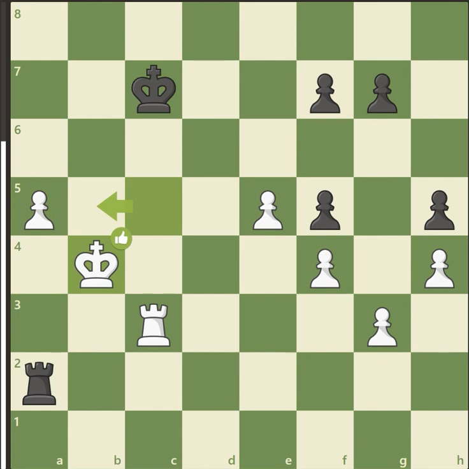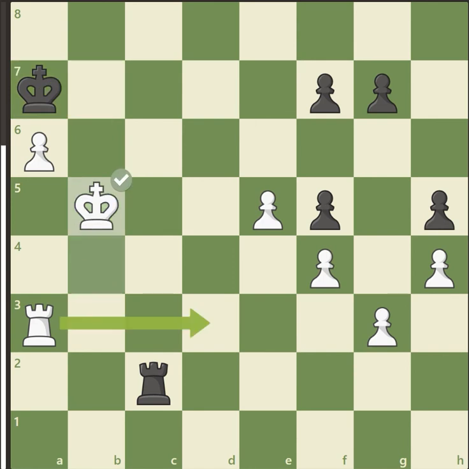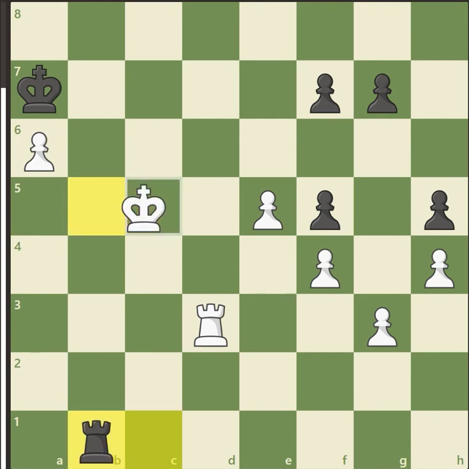Then king to b4, defending the pawn. King to b7, and now rook to a3. Rook to c2, and now a6 check. King to a7, and then now b5. Rook to c1, and then rook to d1, threatening rook to d7, and that's not going to be good for black. And now in this position, black resigned, because if you go here, you simply go king to